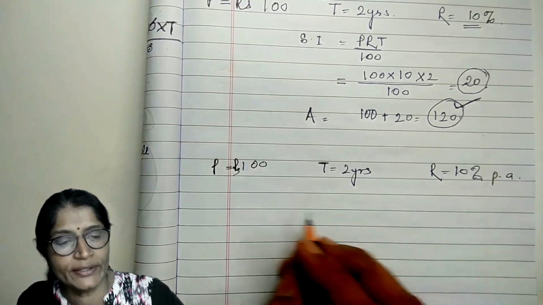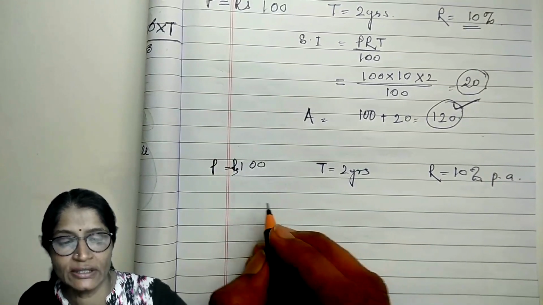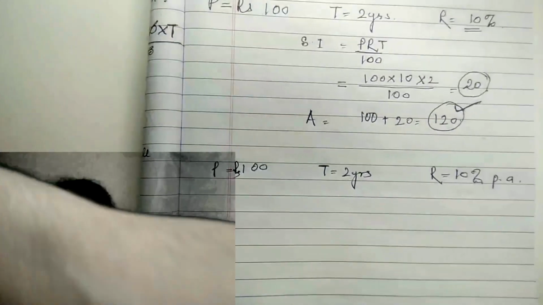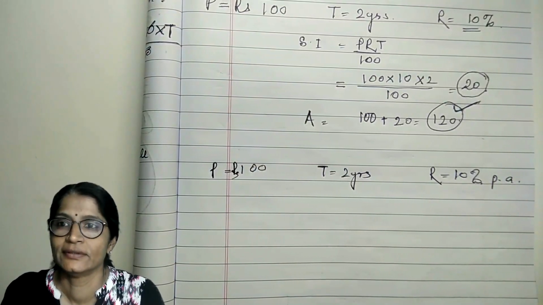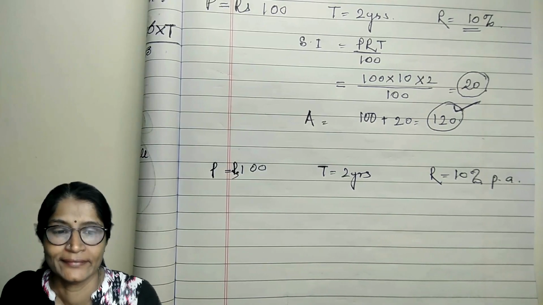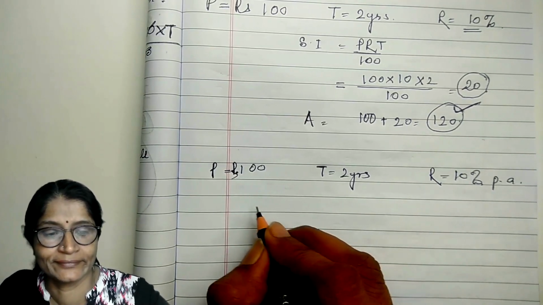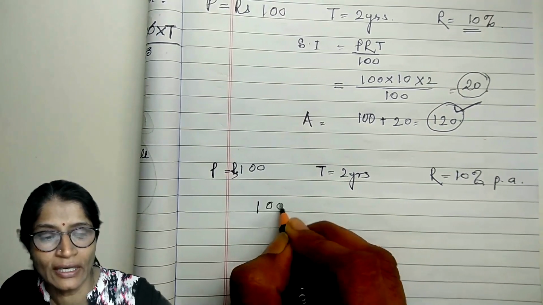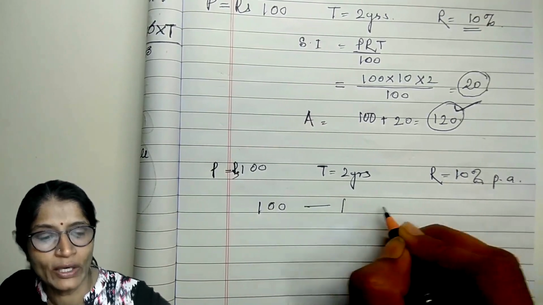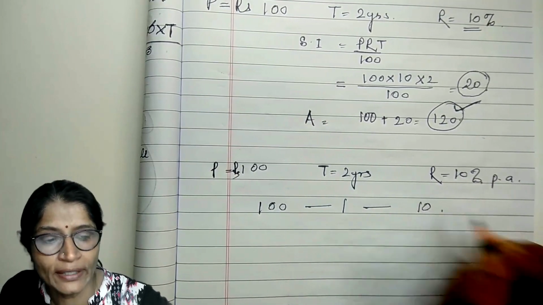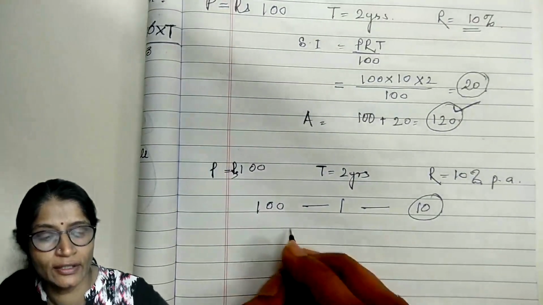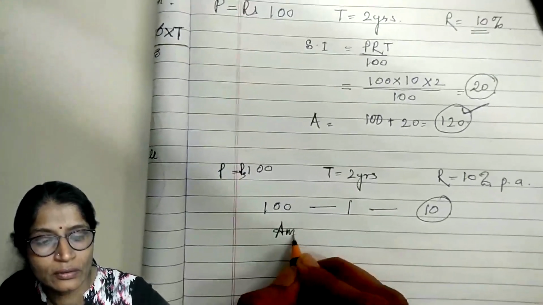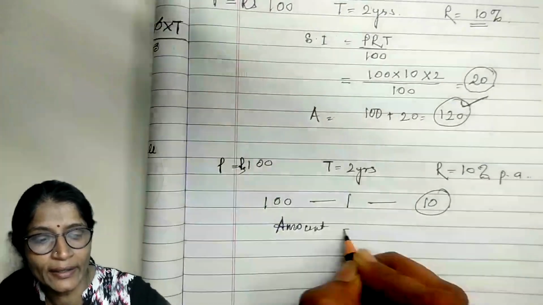In compound interest, for the first year on 100 rupees you have to pay the interest rupees 10. So on 100 rupees for 1 year you will pay 10 rupees. Okay. So the amount at the end of the first year